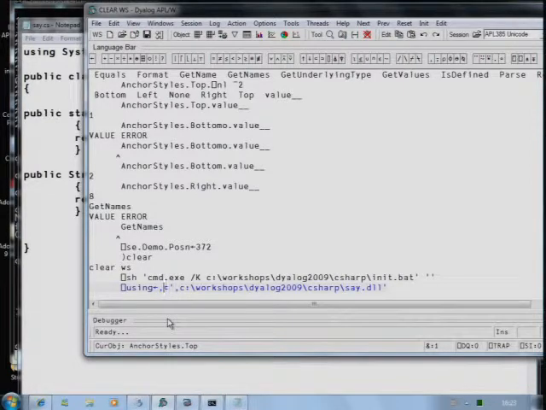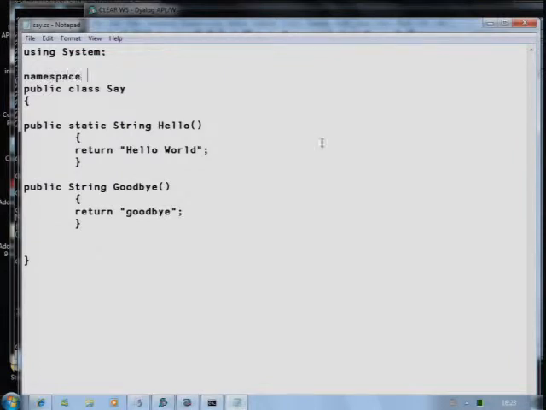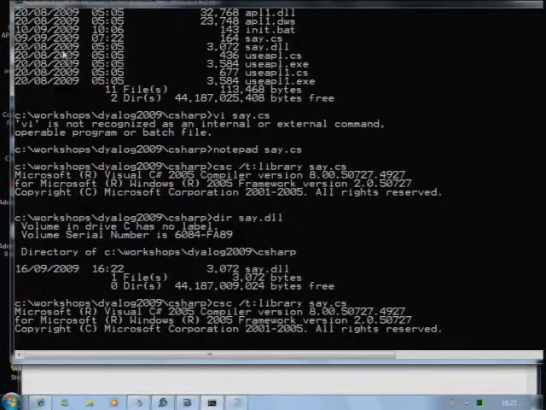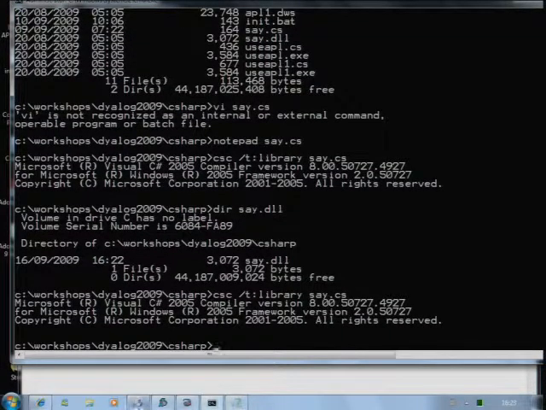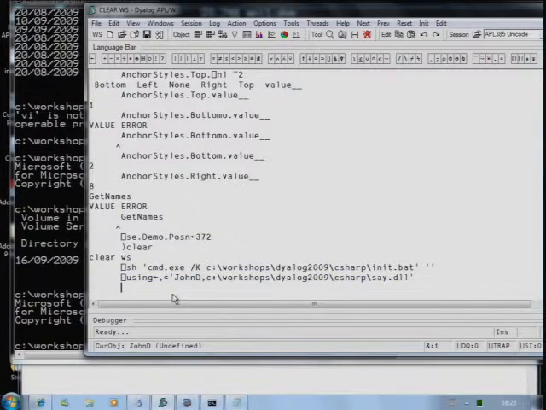Okay. In hindsight, maybe I could do that now, namespace John D, let's do that, brace, close brace, and save that. Let's compile it again. Okay. So now my APL expression, to be more in line with what we've been doing before. The thing is, you got two commas there. No, the first one's just doing a rabble to make sure that. Yeah, but when you were speaking, it wasn't clear which one. Okay. So now I'm saying use the namespace John D that's inside that DLL. Okay, so now I can do